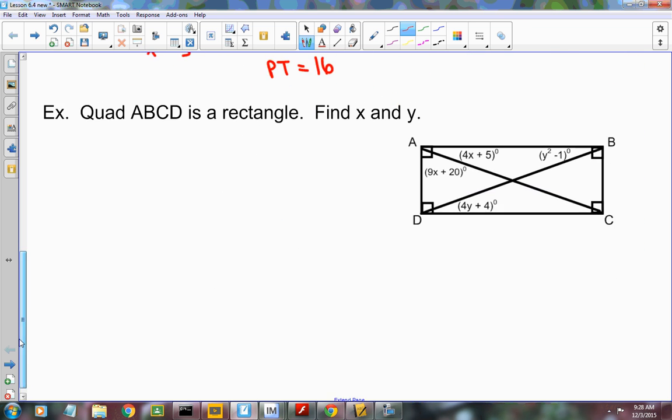Okay. Here's another one. It says quadrilateral ABCD is a rectangle. Find x and y. What are we going to do to find x? We have 2 angles here that have x in them. Do they have a relationship? It's a rectangle. Yeah, so they're complementary. They make 90 degrees. So I can add them together. 9x plus 20 plus 4x plus 5, and that's going to be equal to 90. And so I end up with 30